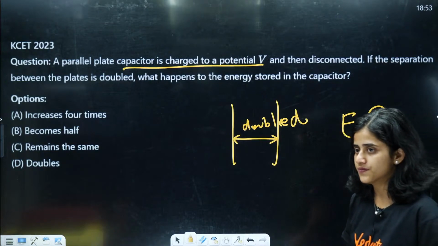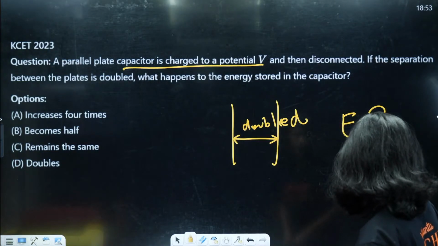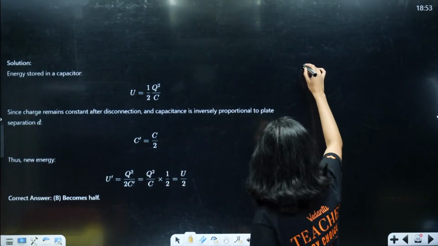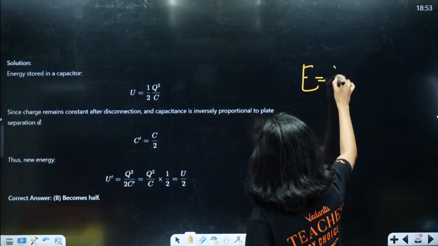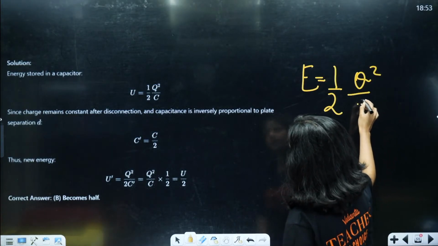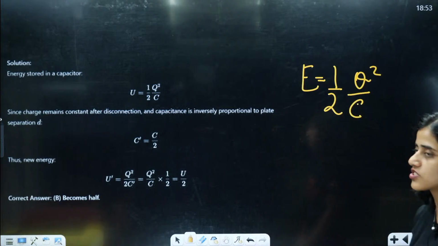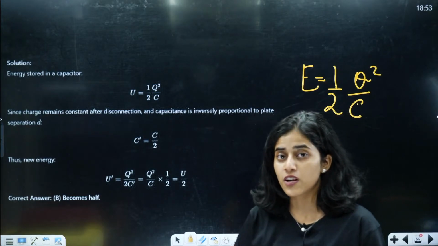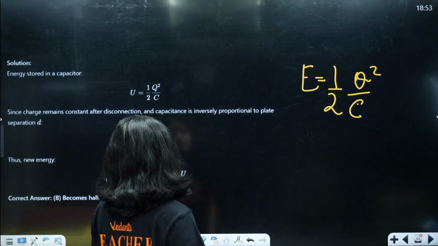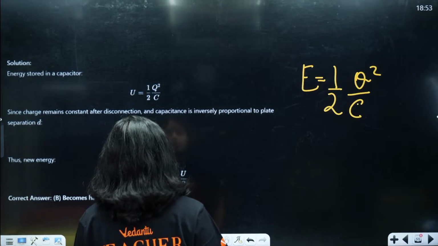This is the question. We know the formula for energy and capacitance: E is equal to half Q square by C. Those who have your equation sheet, you can write down the next formula. This is the formula of energy and capacitance. E is half Q square by C. So in our question,